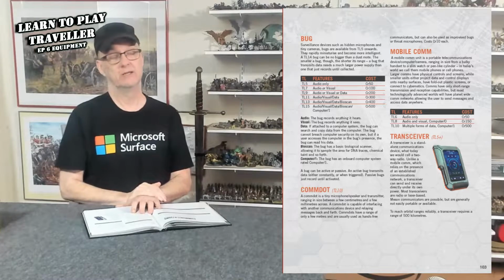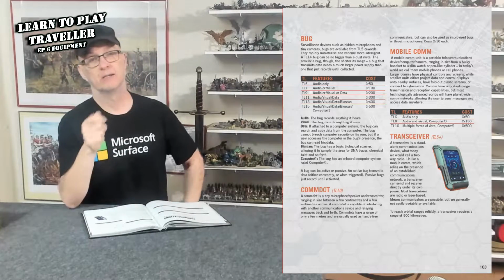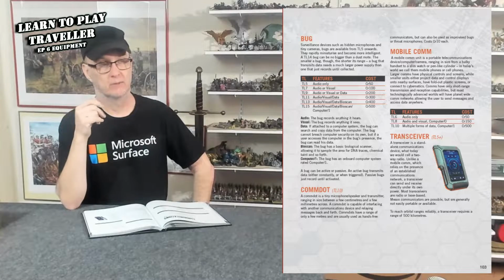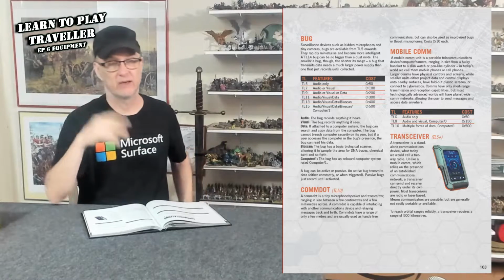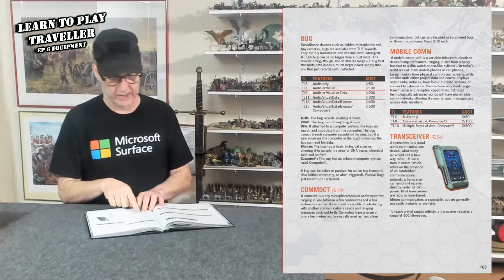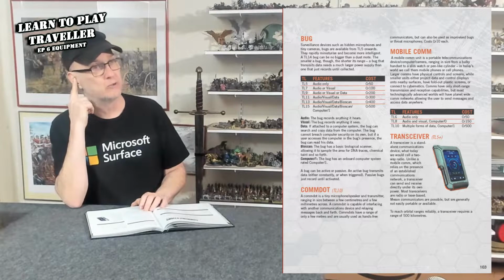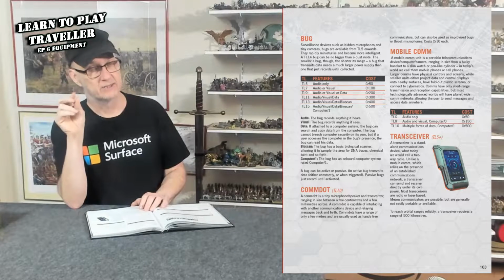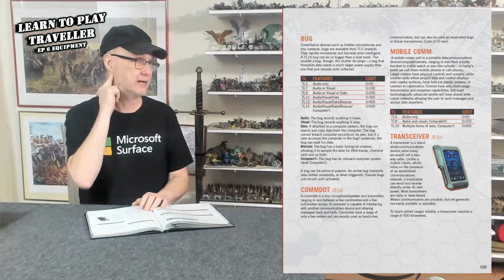Bugs. It's not like an ant. It's actually like you're bugging someone's apartment, or you're bugging their office or their phone or something like that, so you can listen in. It's a surveillance tool. Then there's ComDot. A ComDot is kind of like a Bluetooth earpiece, right? But instead of it being the Bluetooth earpiece, it's just a little dot that you stick to your neck,